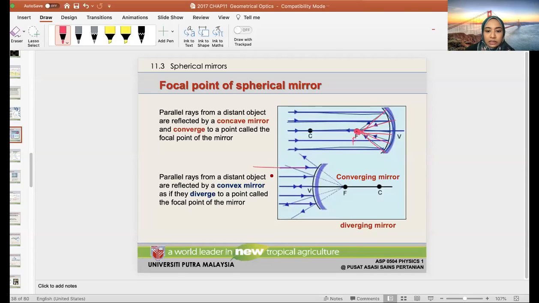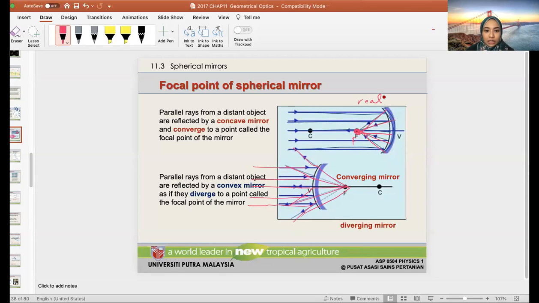So light travels in a straight line until it meets a boundary. The boundary is the mirror, and then it will diverge. But which way is the divergence? The divergence will be with respect to the focal point. And the difference between the focal point of a concave versus a convex mirror is that the concave mirror's focal point